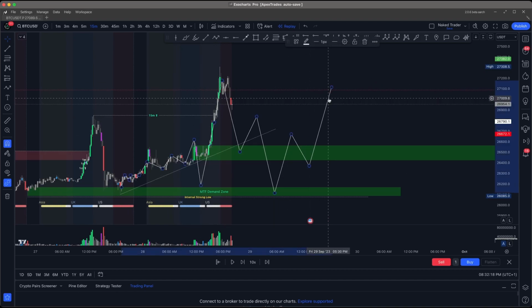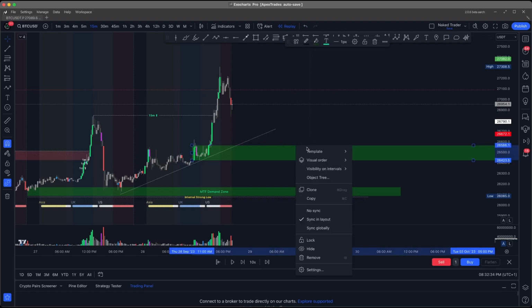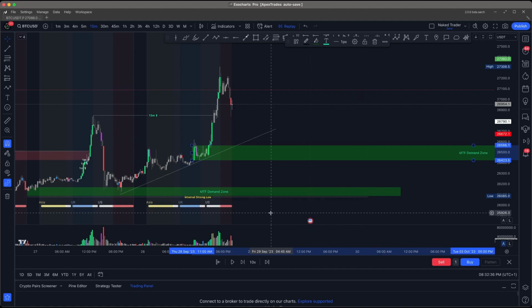However, for me, I will still look at what we're doing on the 1 minute when we come into this zone, but I will not take the trade unless the 1 minute gives me that price action that I'm looking to see. So let's continue and press play. Let's see what happens. Just call that a demand zone. Okay.